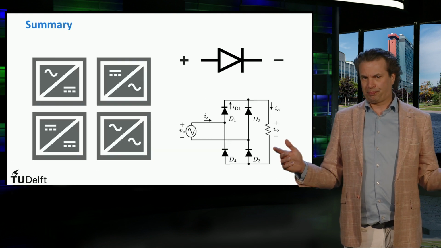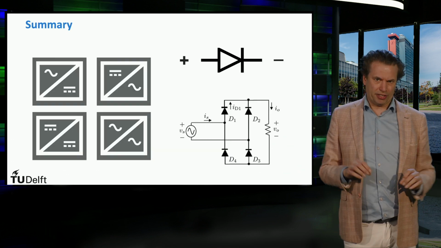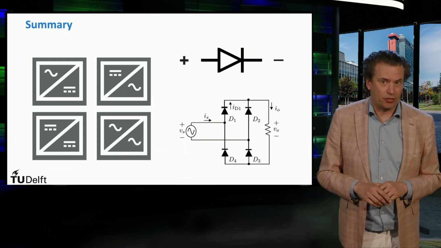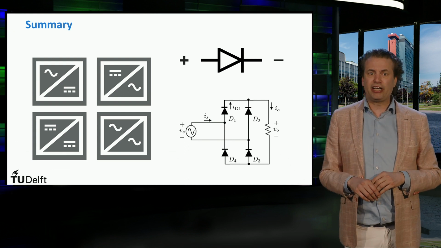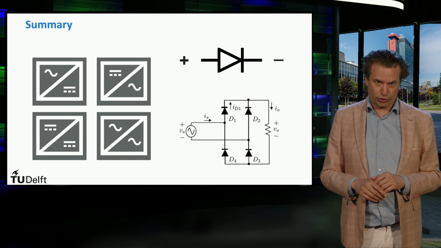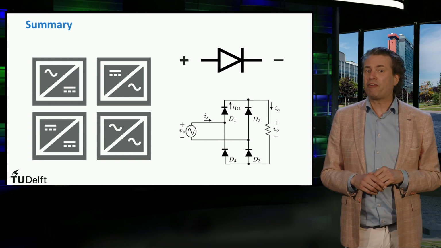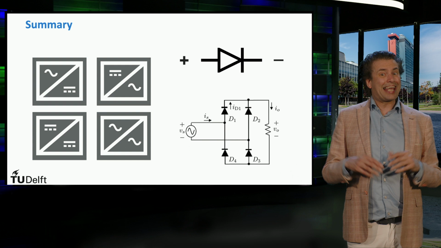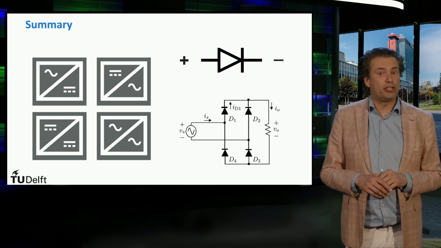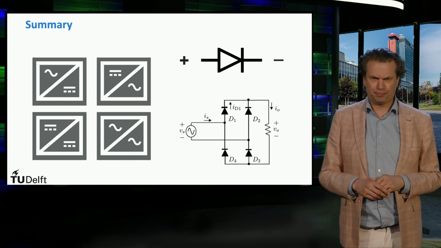In summary, we have discussed DC currents and single and three-phase AC currents. We have discussed the classification of different types of power converters. You were introduced to a simplified electrical circuit that can represent an AC to DC converter based on diodes.